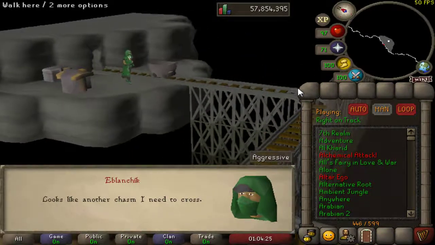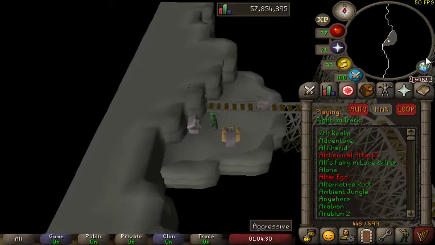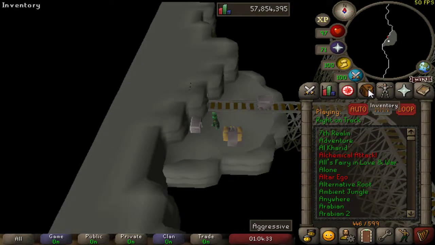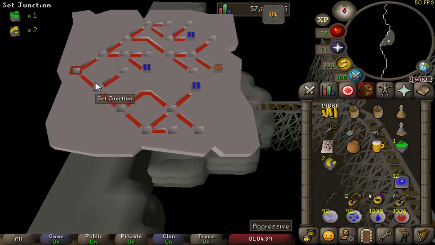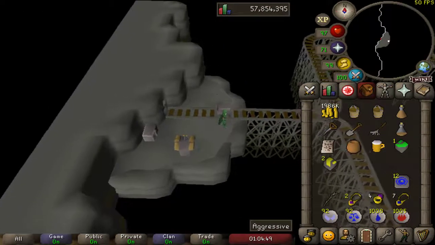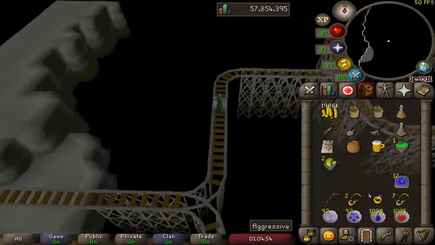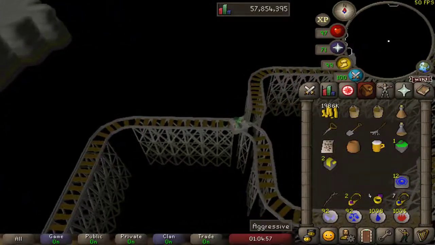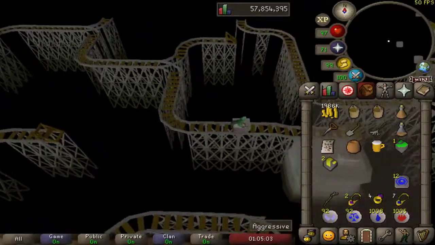First, all the stones have been removed, so search the box. Get some stones, then control the dwarf machinery, and once again, starting from the left side, click on the junction, and we will now need first a green one, then a yellow one, and then another yellow one. Click on OK, write the minecart, search the box for more stones, write the card,